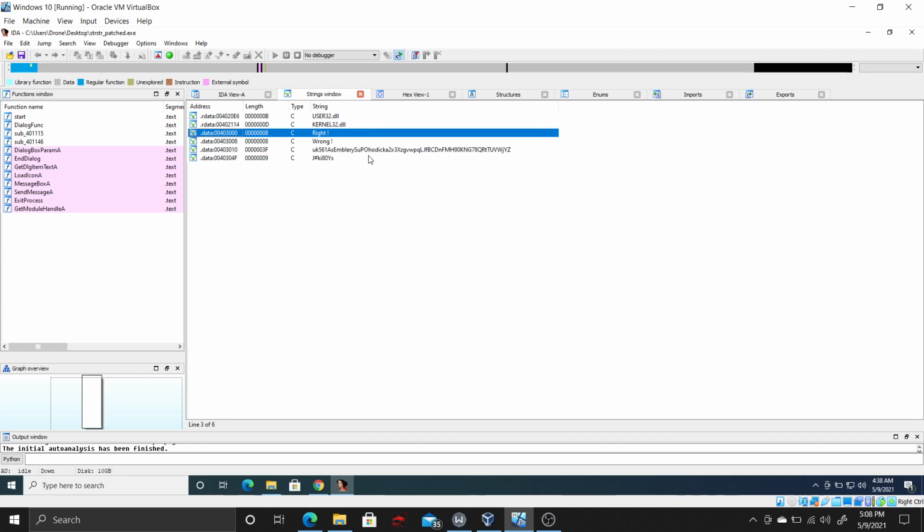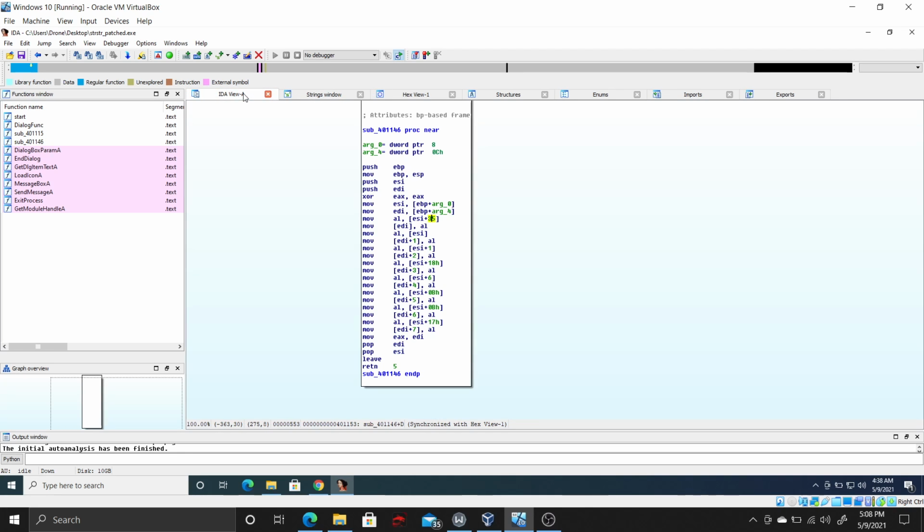in the hard-coded strings window, at the 35th character we have this capital L, which is the start of Lucas. So now instead of capital F, capital L will go into this AL register, and then this AL register will be moved on to EDI. So now the EDI register's 0th index will be containing capital L.